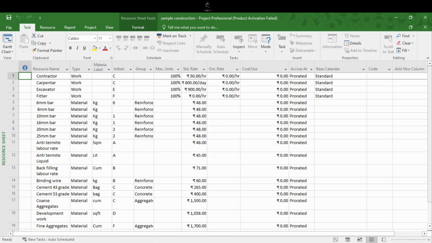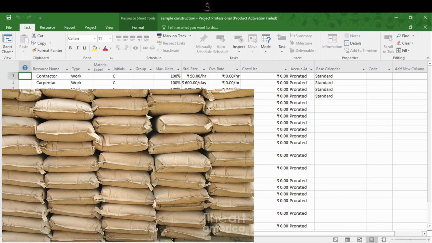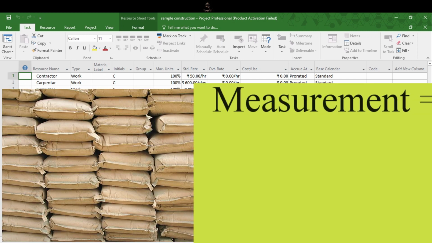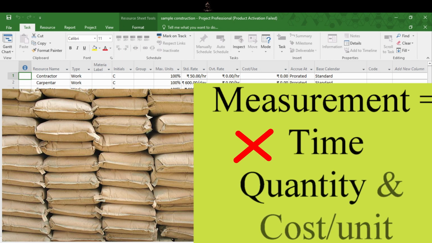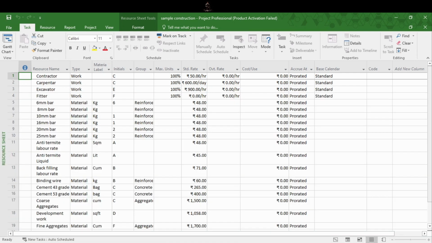Materials are supplies that are consumed during the course of a project. You assign people based on the time it will take, but you assign material resources by the quantity you need. For example, 100 cement bags. Because materials aren't measured by time, they affect only the cost of your project based on the quantity you need and cost per unit. Materials affect dates or duration only when you have to wait for them to become available.